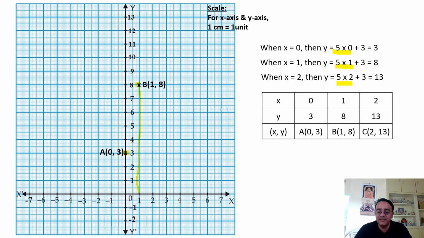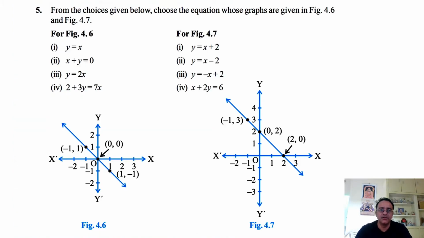Now the next point is (2, 13). So we'll start from 2 and we'll go up to 13, right? 13 तक जाके रुक जाना है. We have to stop at 13. So this is the point C (2, 13). Now we have to draw a line which passes through these three points. Draw कर लिए. Now what is left? Equation of line. We have to write the equation of line. लिख लिए. Now the question is completed.